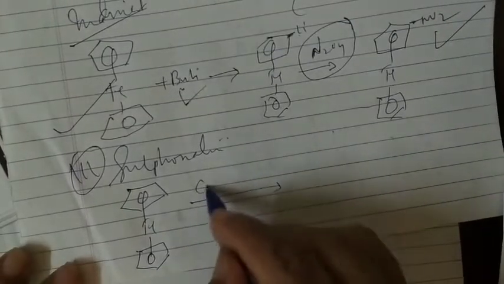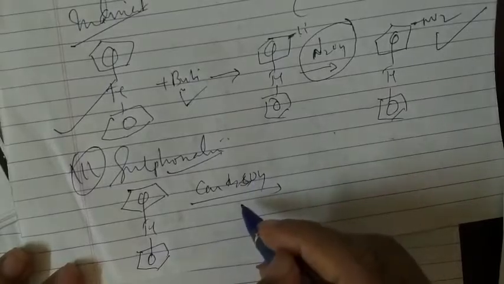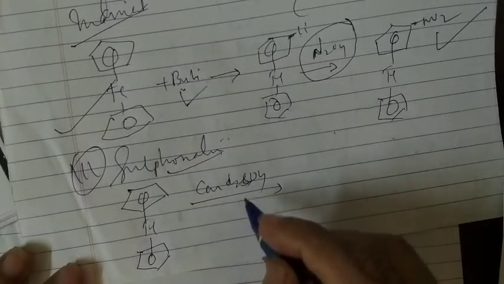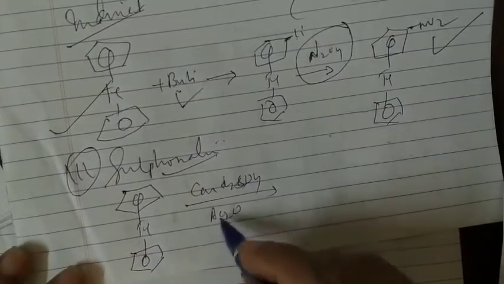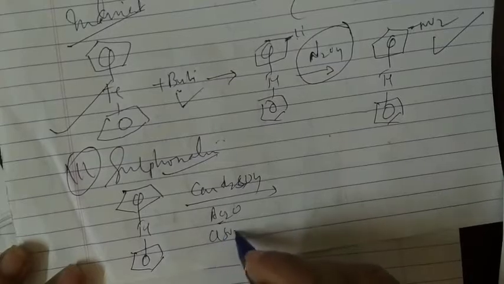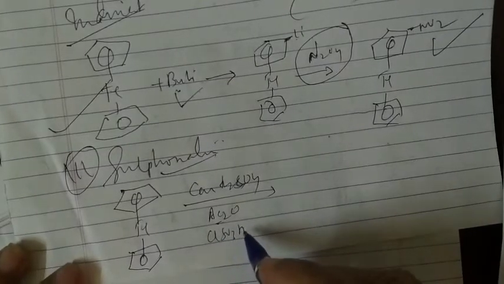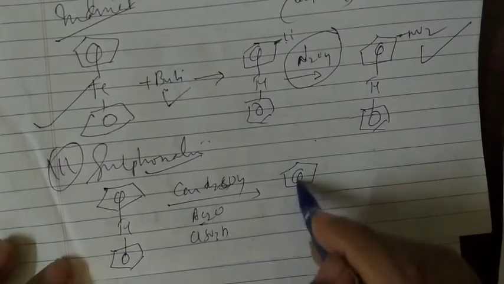Now when this is treated with a sulfonating agent, what does that mean? Concentrated H2SO4, concentrated sulfuric acid, in the presence of Ac2O. What does Ac2O mean? Acetic anhydride, and chlorosulfonic acid, ClSO3H. If you do this, you are going to get this compound initially